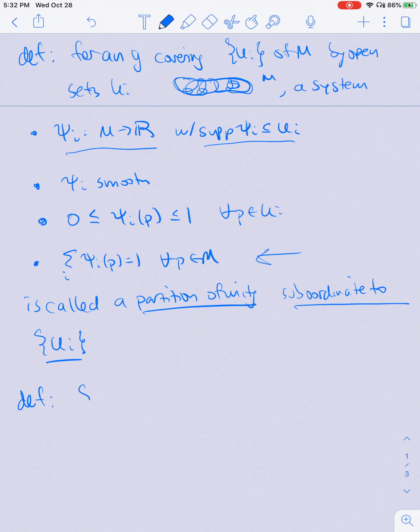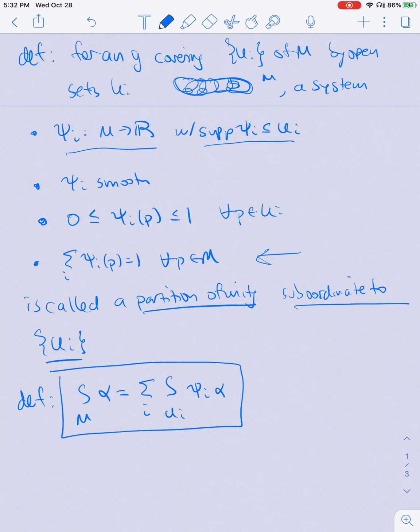integration. So we define the integral of alpha over M to be the sum over I of the integral over UI of psi I times alpha. So this is just regular multiplication. And so this is just a new differential form. And this is going to,